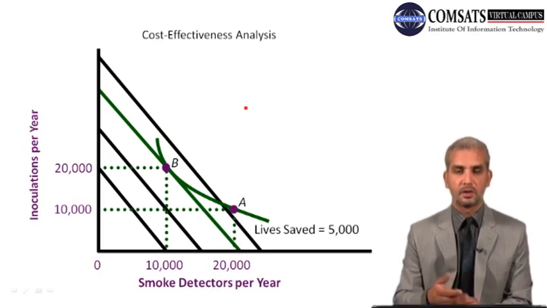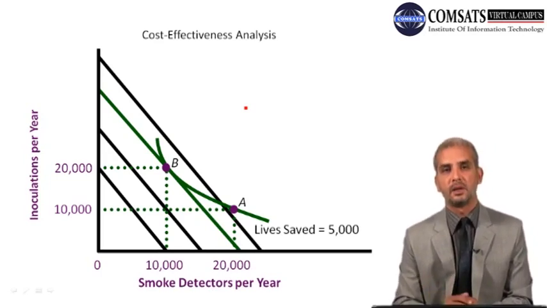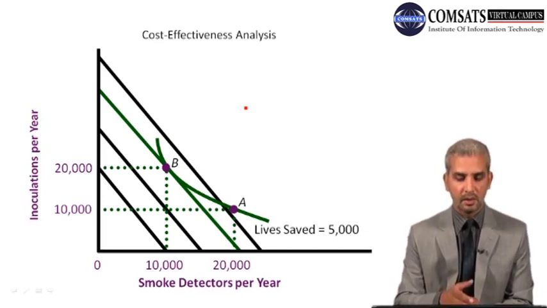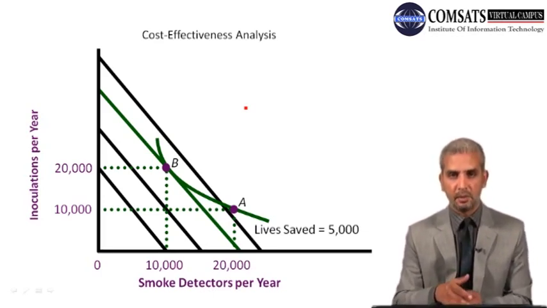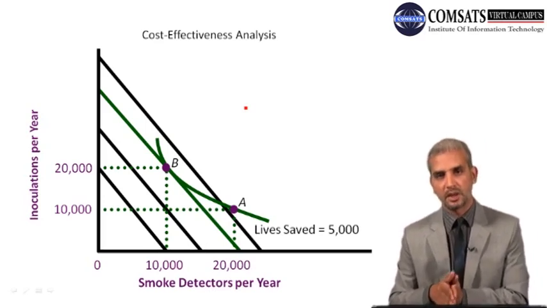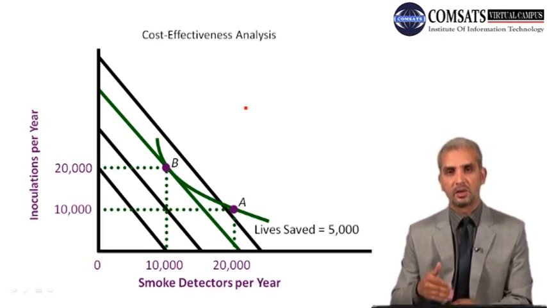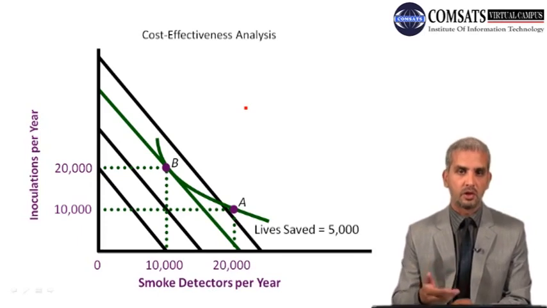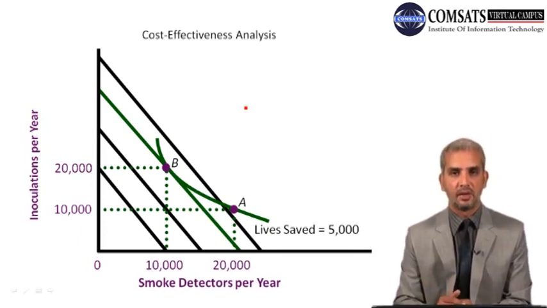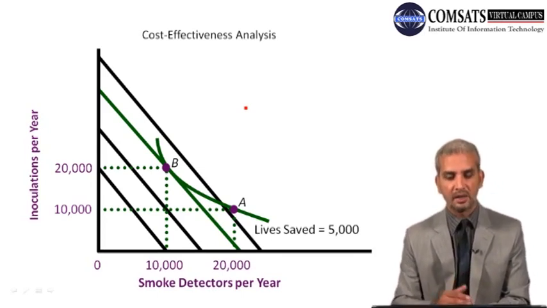So for example, we have a budget of $1 million. What are the various combinations of these two that can be bought using that same amount of budget? That is represented by iso-cost. That's why it's named iso-cost: the various combinations that cost the same level. So these parallel iso-cost lines are representing